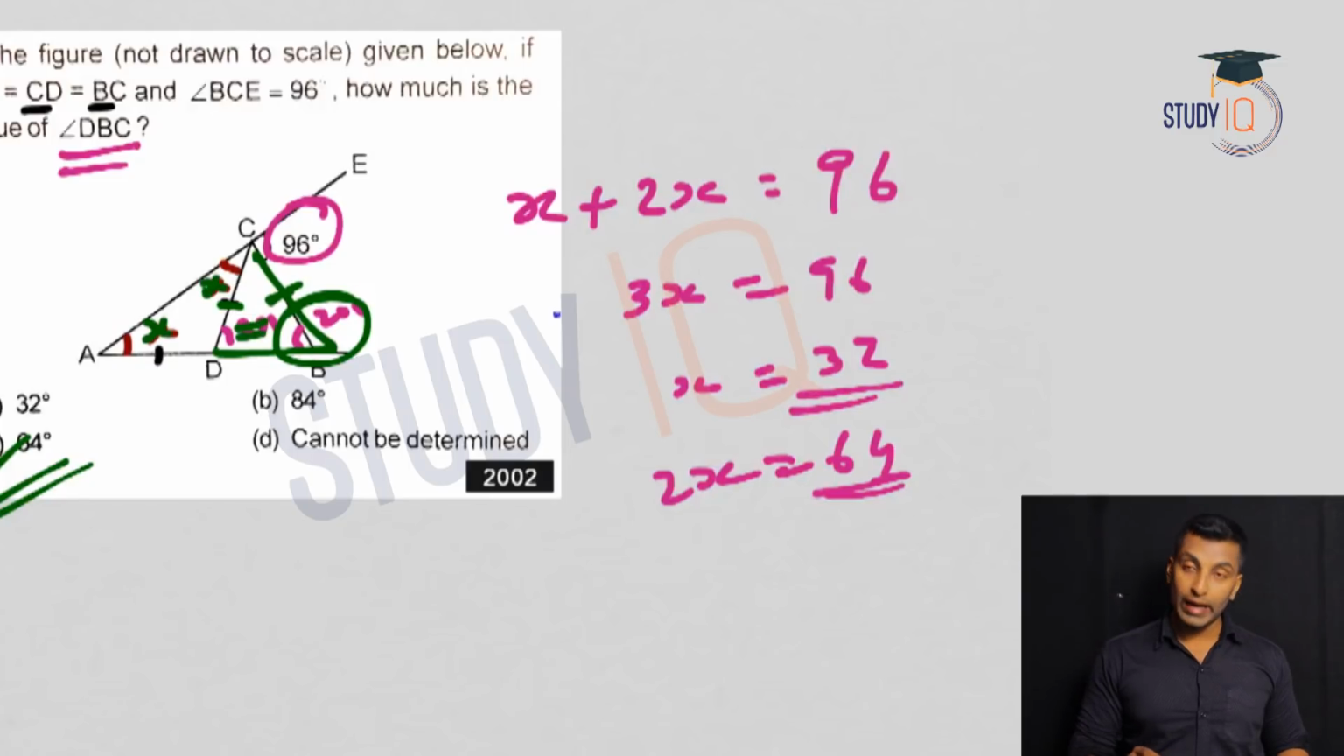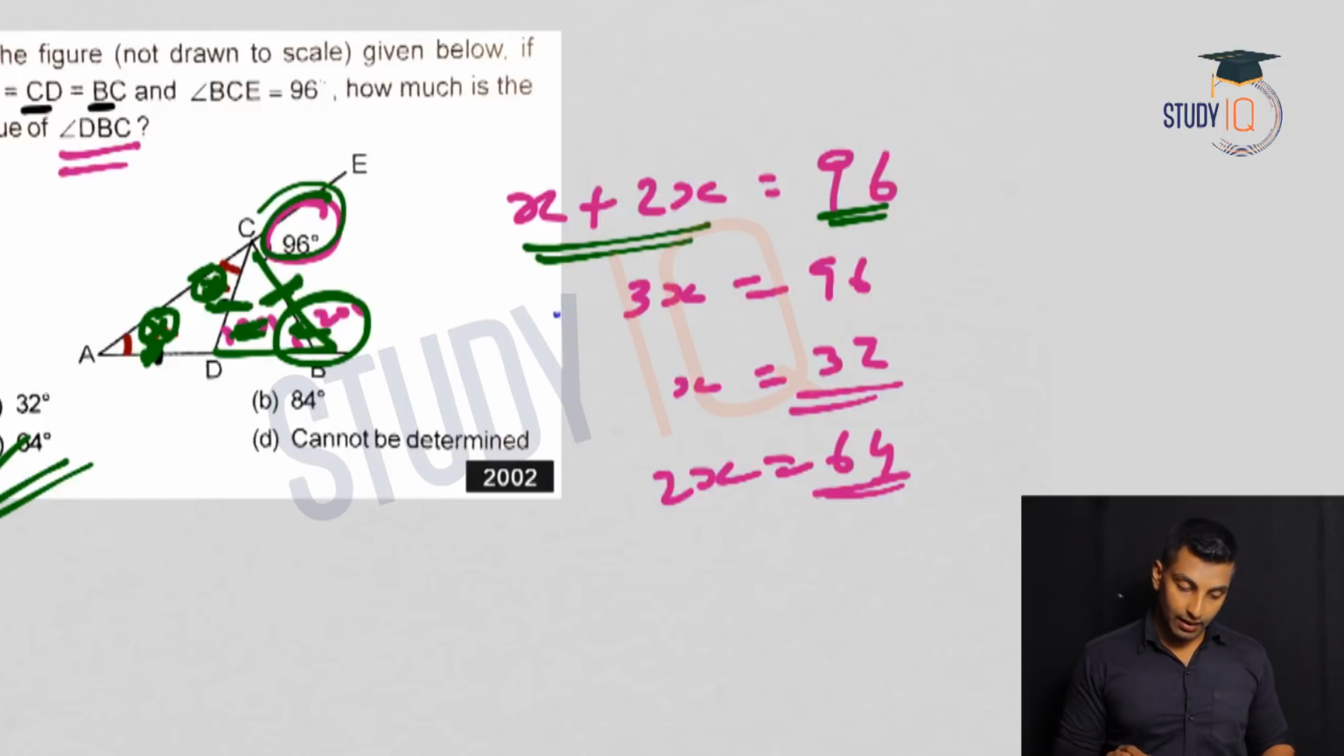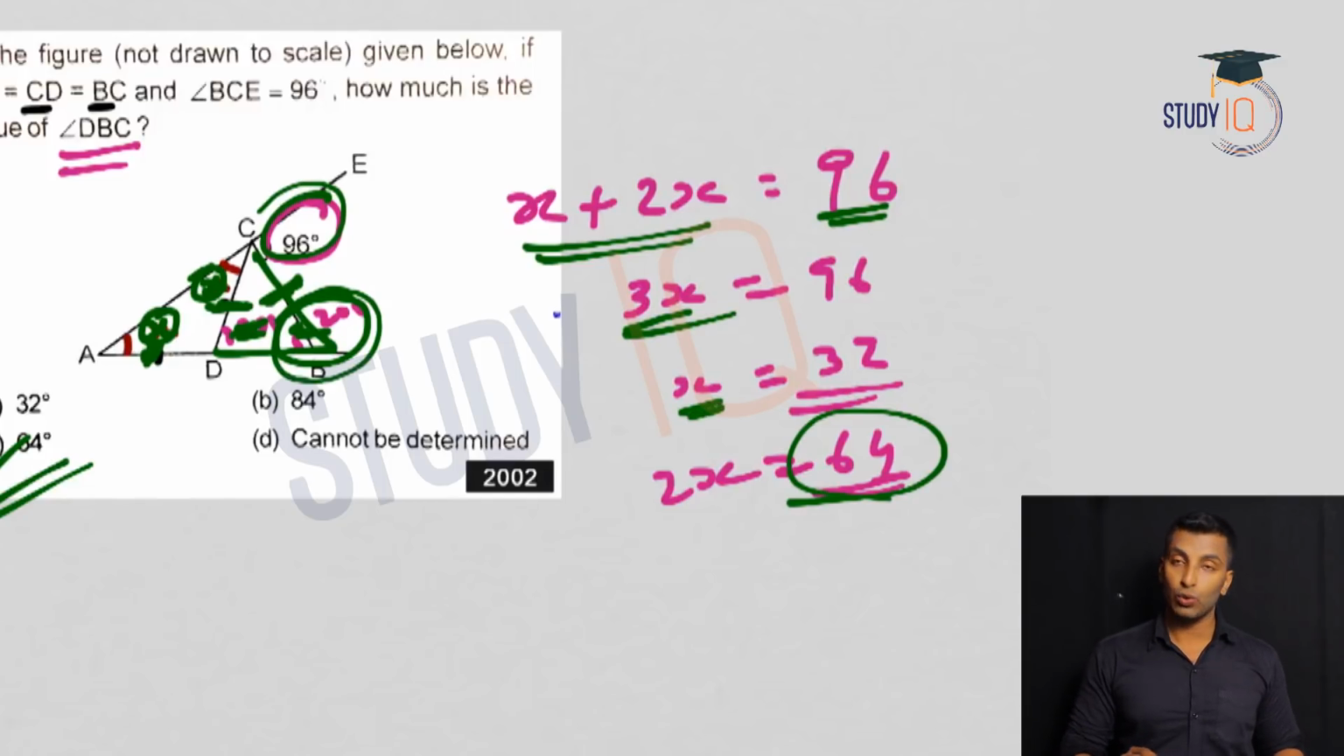So this will be 2x. If this is 2x, this will also be 2x because these two sides are equal. And when this is x, these two sides are equal. So both are x and both are 2x. And x plus 2x is equal to 96 because 96 is the exterior angle, and we know remote interior angles will add up to the exterior angle. So from that 3x is equal to 96, we got x, and then this angle is 2x, which is equal